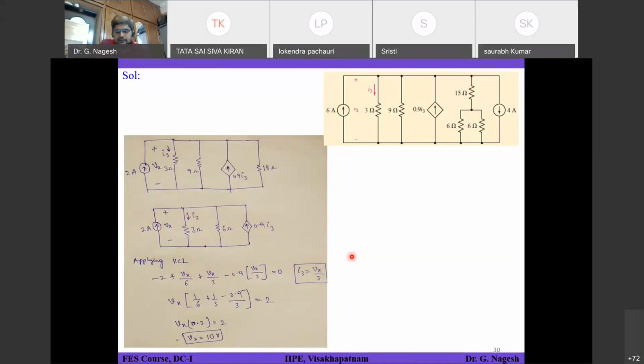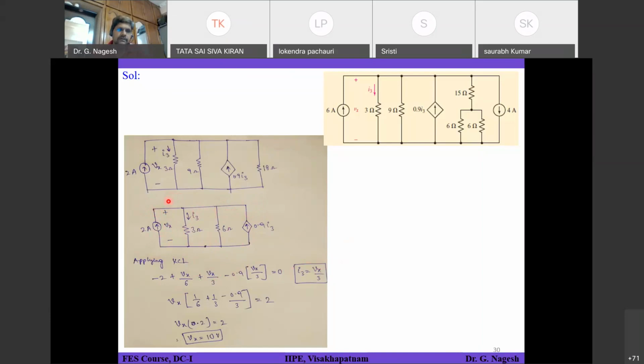Node part. The reason I follow this standard is that when you go to nodal analysis in the next slides, this is a convenient way to follow. When you apply this KCL rule, consider one node as your reference node. Let's say this bottom line, the entire thing, is your reference node, and you have only one node on the top. That means there are 2 nodes in your circuit. One is considered as reference, and the other is the node, let's say V1, which here is called Vx, because they have given in the question itself that Vx is the potential difference between the top node and the bottom node. So Vx is the voltage existing at this entire top line.